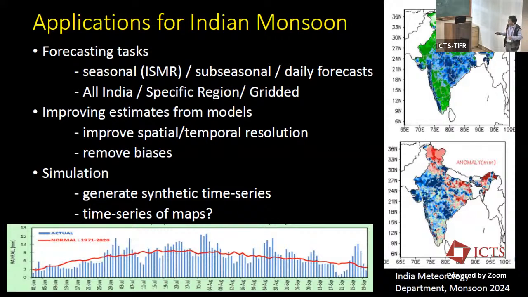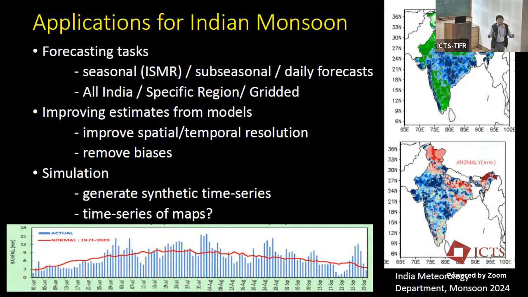So you may not have so many computational facilities. Your model may, let's say, work at 2 degree by 2 degree resolution or something like that. That may not be very useful at an operational scale. So you want higher resolution forecasts. So we can do what is known as downscaling. In the tutorial, we will see how machine learning can be used to do this kind of spatial downscaling. That is, from low resolution estimates, they are mapped to higher resolution estimates, or for removing biases.